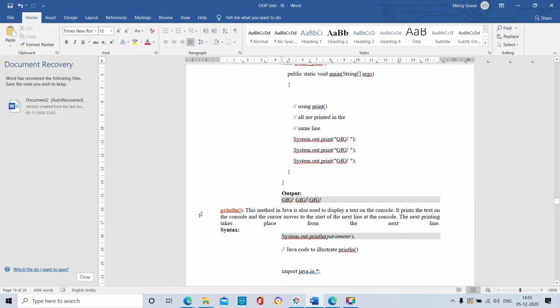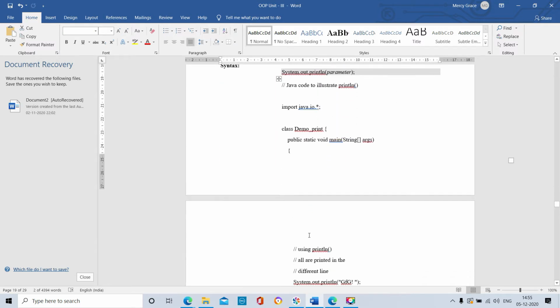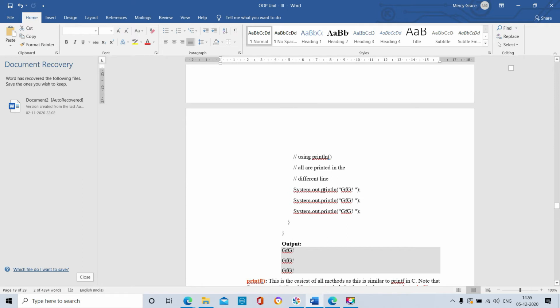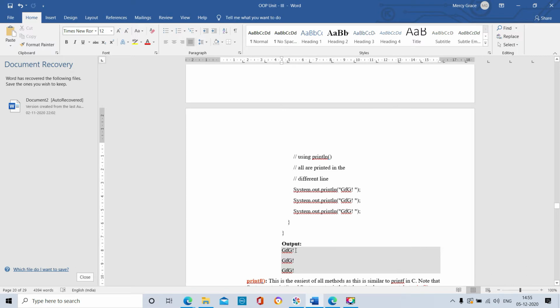Next, println. If we use the println method, here see we are using println. These three lines are enough, no need to study everything. Then by using system.out.println, within the double quotation we are having the statement GFG exclamatory symbol. So here we are using println, and the output will be printed on our output screen.